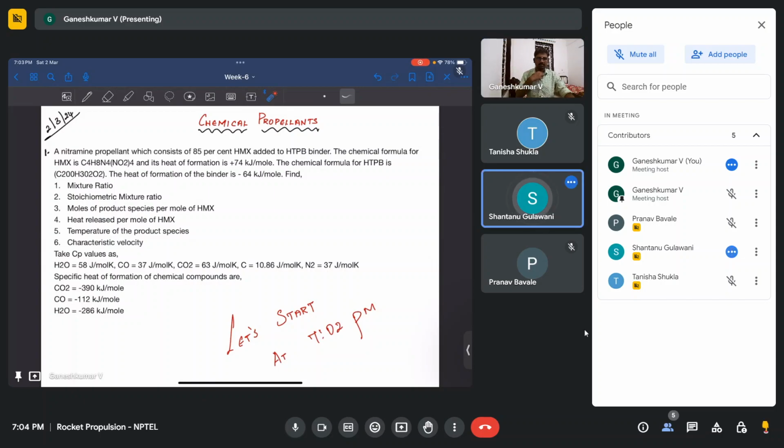Hello, I'm Shantanu. I have a question from the recent week, lecture number 16. In one of the slides, the professor plots Q versus mixture ratio, and then says that to transform from Q to temperature, we have to divide by Cp, but it will be complicated. So what he does is he says, let's do Q by number of moles